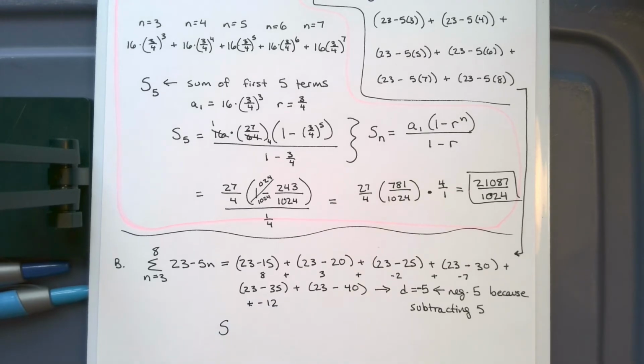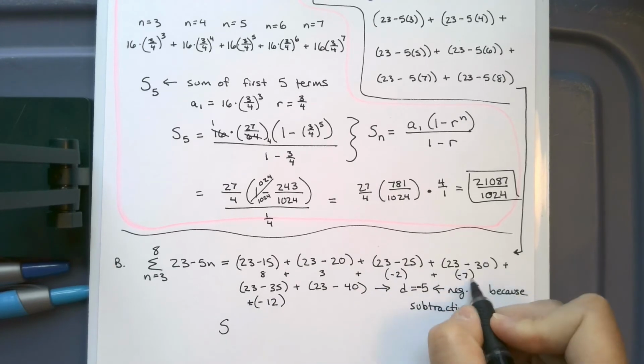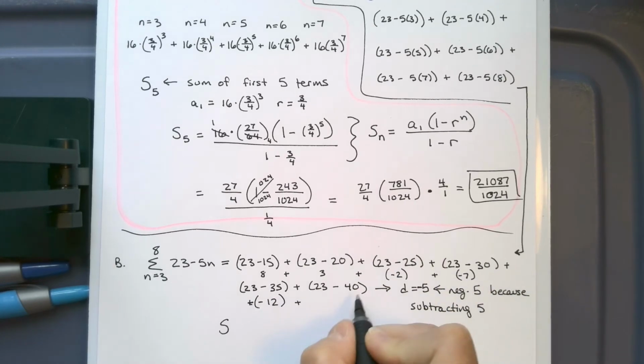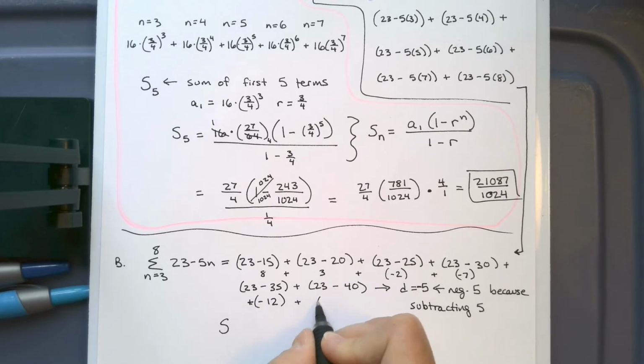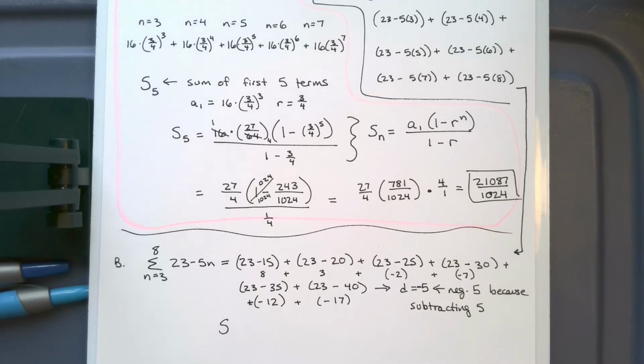I really shouldn't even write plus negative here, but I did. Yeah, put those in parentheses. 23 minus 40. Okay, so you can do that by hand, and you can add these pieces together. 8 plus 3 minus 2 minus 7 minus 12 minus 17, or you can put them into the summation formula